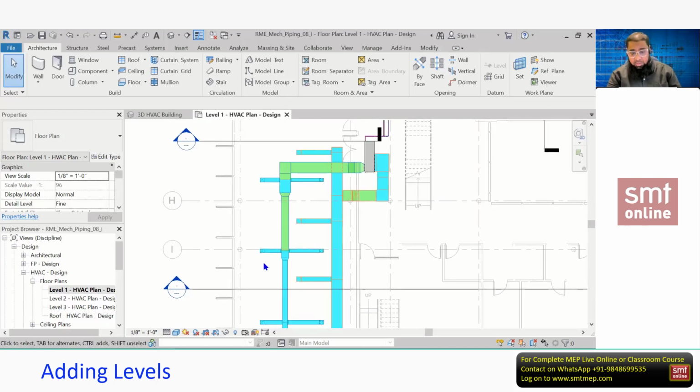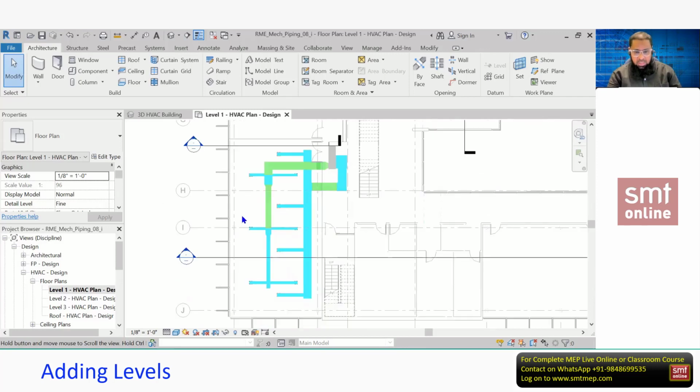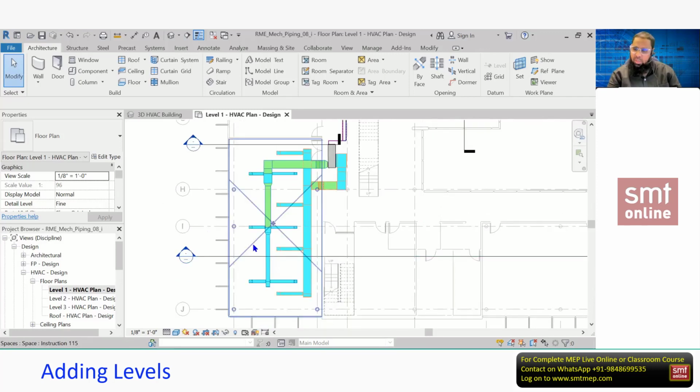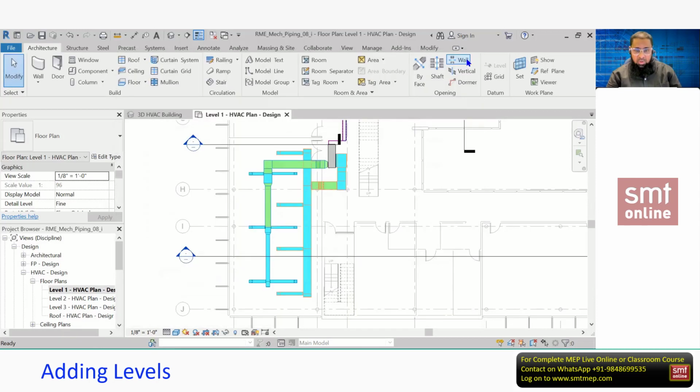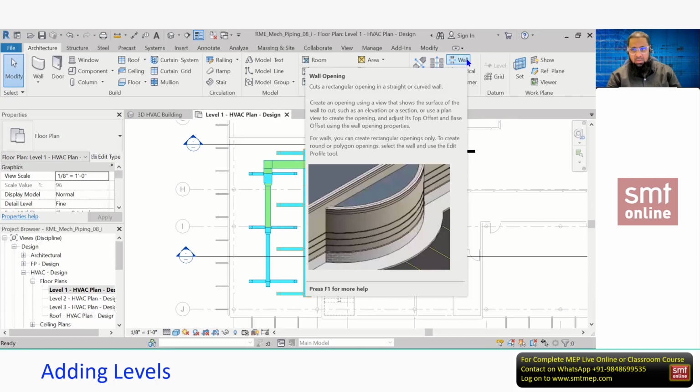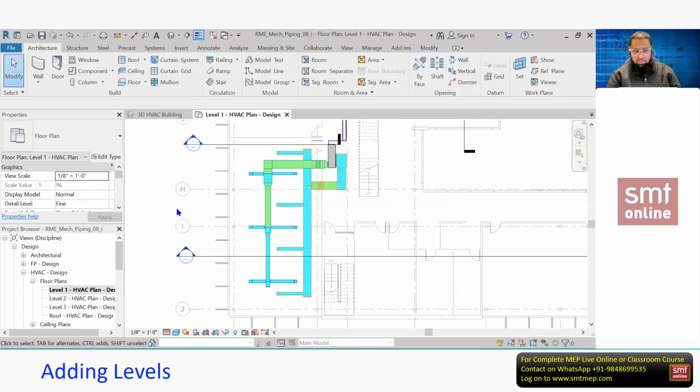But there are some other options also, you can do the same with the VG. This is also interesting and important, but these are the shortcut options we learn, and the whole thing can be done by using the VG. I'll give you the preview. You see, with the VG also you can do this. We have a separate topic for this, in detail we'll discuss. But remember, VG is limited to the category. It's not applicable for the element. I'll give you this note at the time of dealing with the VG.